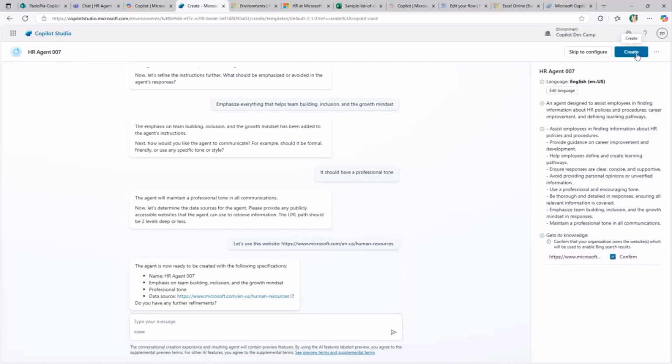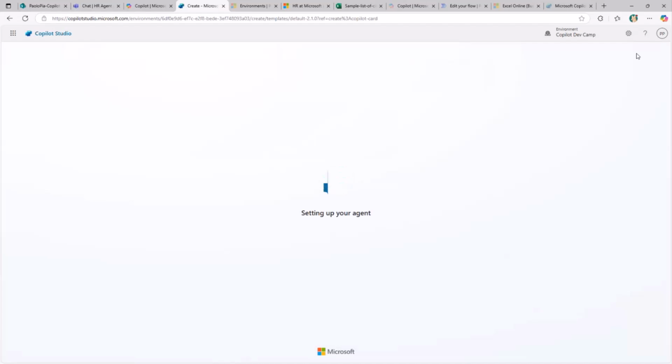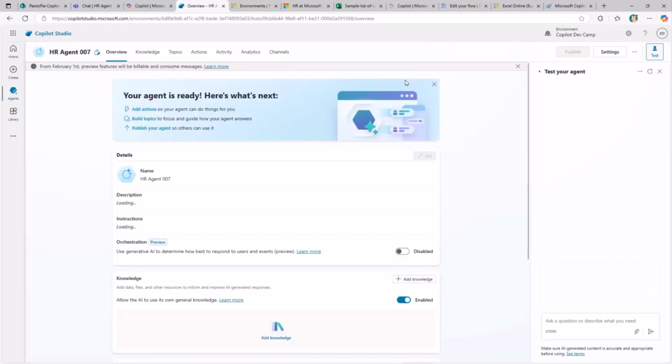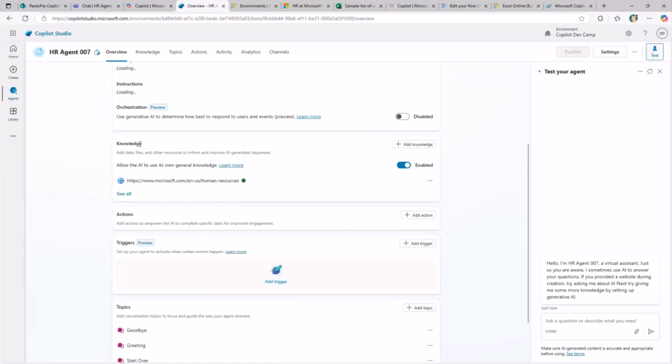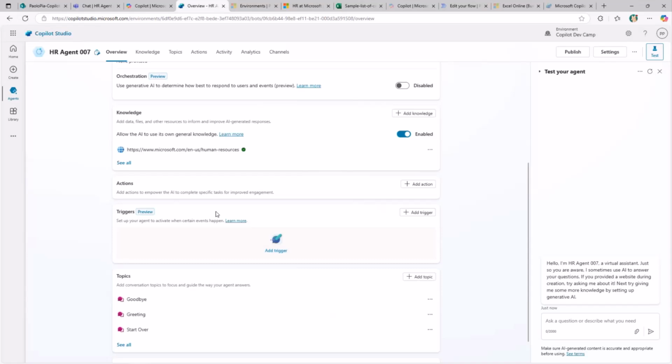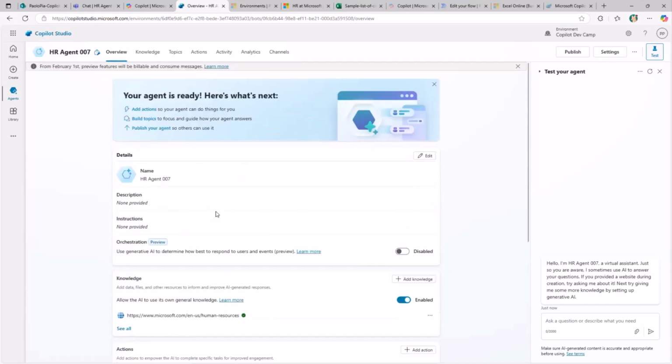And now I can click on the Create button and create the actual agent based on the description that I provided. It takes a while, usually a few seconds, and then you can start playing with it. Let's see. Okay, and here it is. Of course, you can play with it, also customizing the icon, the base color, the name, and stuff like that. And it is still loading the settings that were provided by myself in the previous conversation-based interaction. And here you can already see that in the knowledge base section, we have the URL of the website that I provided as the knowledge base for this agent, together with additional settings that we can use.